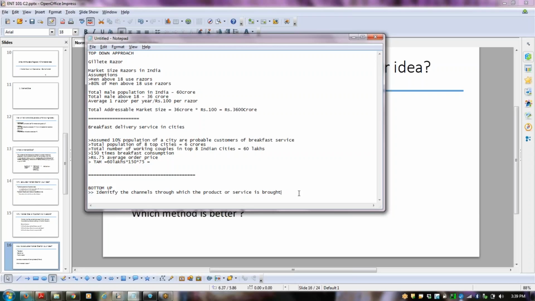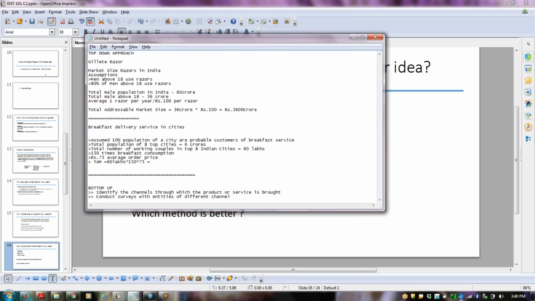And then the next important step is to conduct surveys. That is, go to these people and talk to them. Conduct surveys with entities of different channels. So to these small stores you can walk in and ask them how many razors they sell a day or in a week, and then you can extrapolate that data to understand how many razors they will be selling in a year. And once you talk to say 2 or 3 small shops, then you can extrapolate again that data